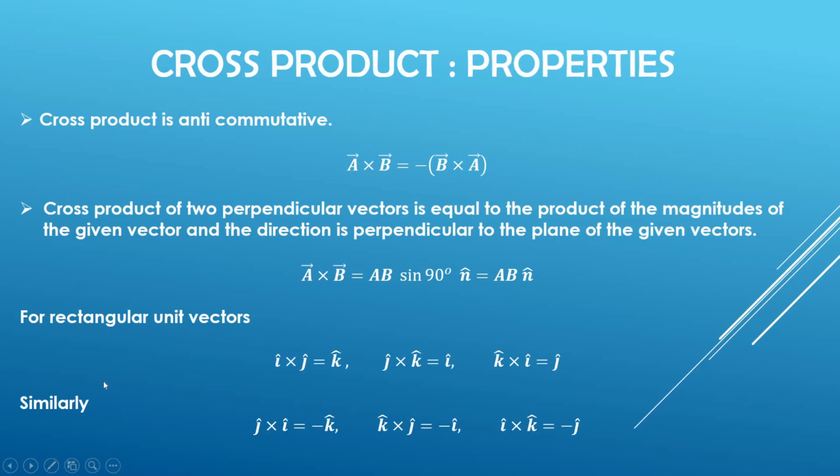Then if we consider B vector cross A vector, that will be B into A sine theta, and this time it will not be theta, it will be minus theta, because this theta also has a direction, and the sign of minus theta will give me this negative sign. That means the direction of A vector cross B vector will be opposite to the direction of B vector cross A vector. That is why there is a minus, and it is known as an anti-commutative property.